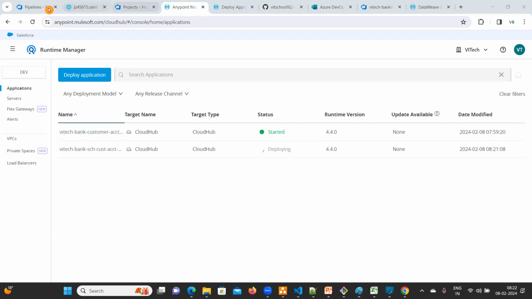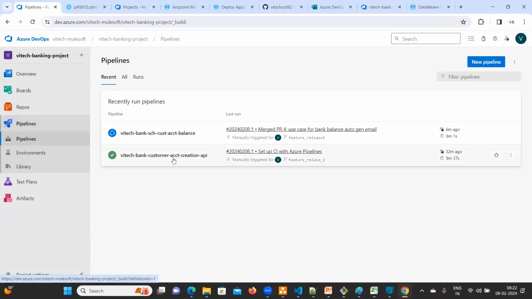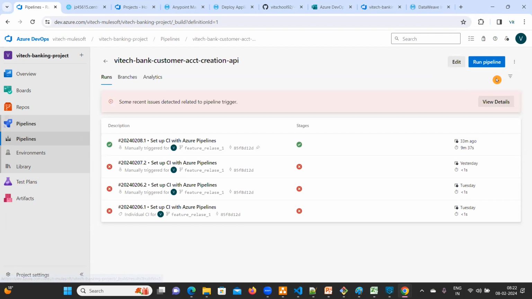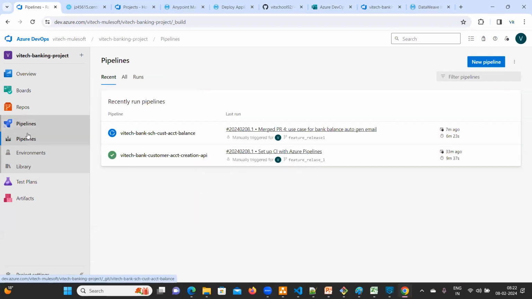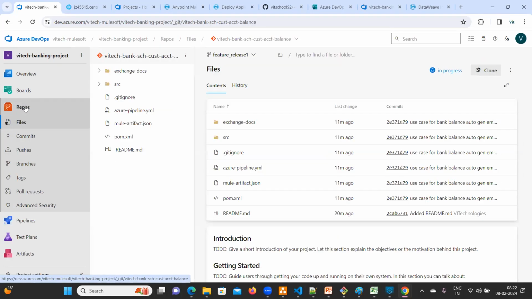But if you observe this one, see, 32 minutes ago, the pipeline ran successfully. Very first time you are going to run the pipeline. That's it. I'm not going to touch, I'm not going to click on run pipeline and those kind of things. So how automatically is it going to run? Just observe carefully here. Go to repos,